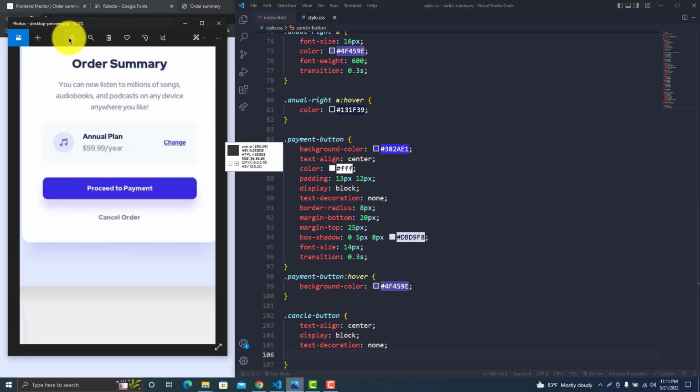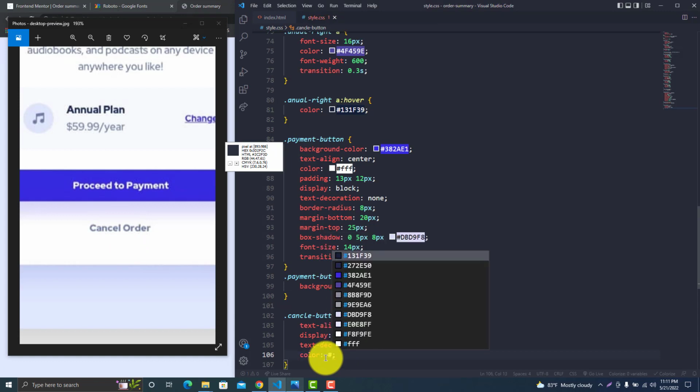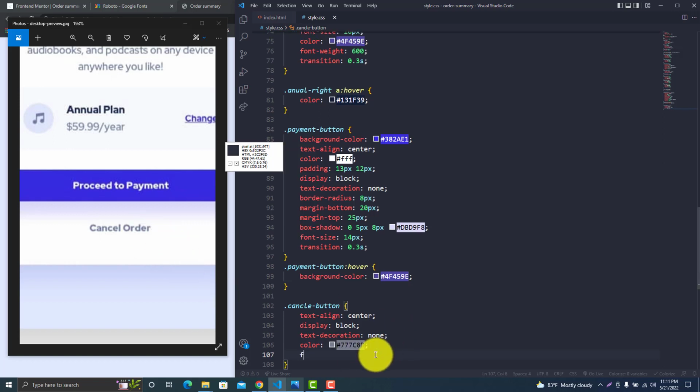Color, let's pick the color. Color, this, and then font size 14 pixel,